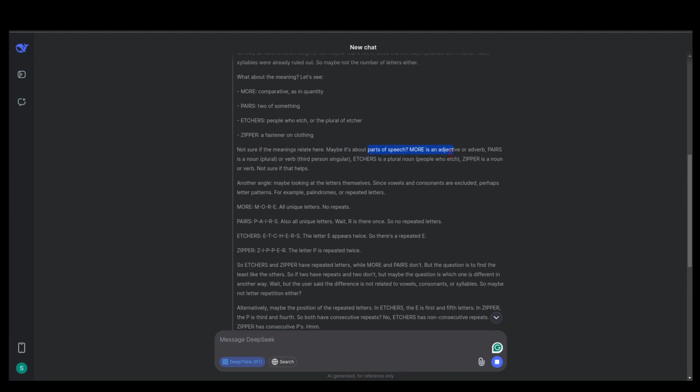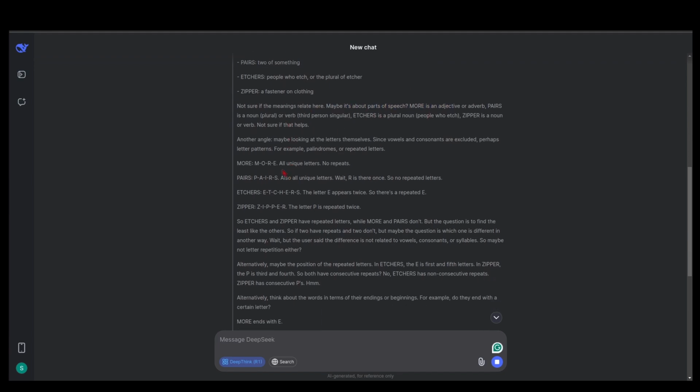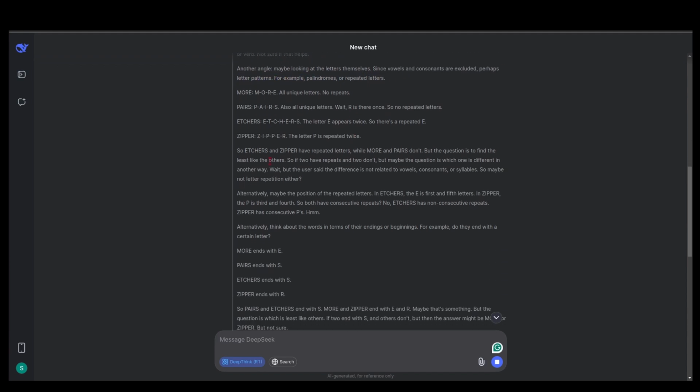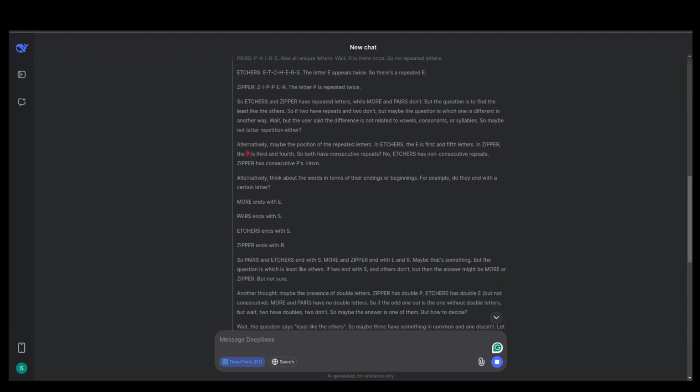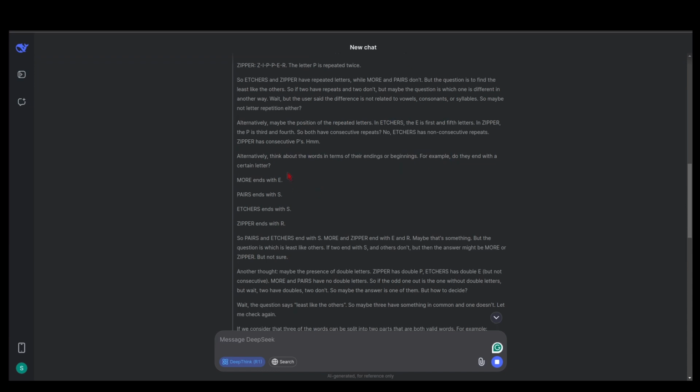Maybe it's about parts of speech, then it moves on to another angle and says maybe looking at the letters themselves. Since vowels and consonants are excluded, perhaps letter patterns, for example palindromes or repeated letters, which is great. Then it goes on reasoning this way. Then it says alternatively maybe the position of the repeated letters, and it thinks in an alternative way. Again, it says alternatively think about the words in terms of the endings or beginnings, and then it says this